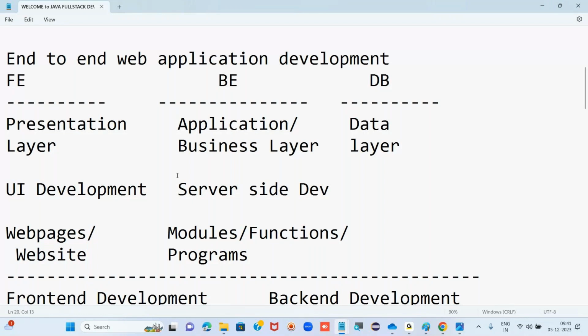Next, in backend development, we'll be developing the server side. In that, we create different modules, different programs, and different functions, and we call this the application layer. This one we call presentation, this one application. And last, if you want to save the data in your application for permanent storage, we use the data layer,